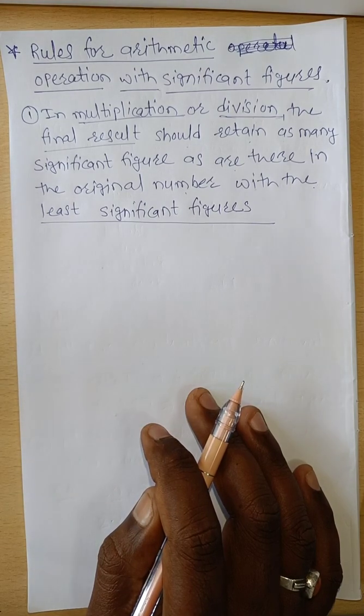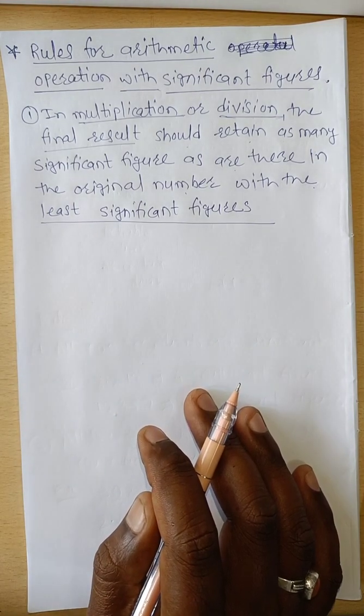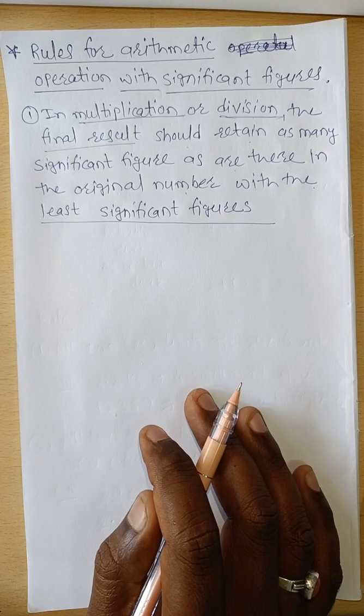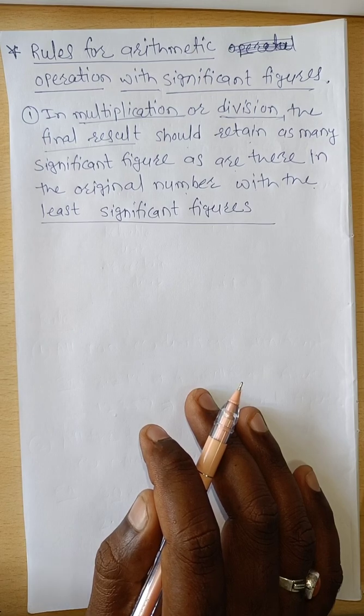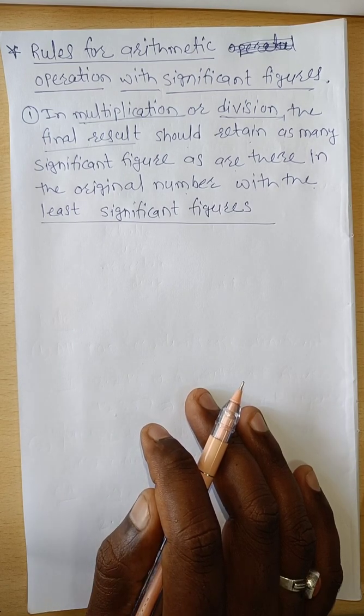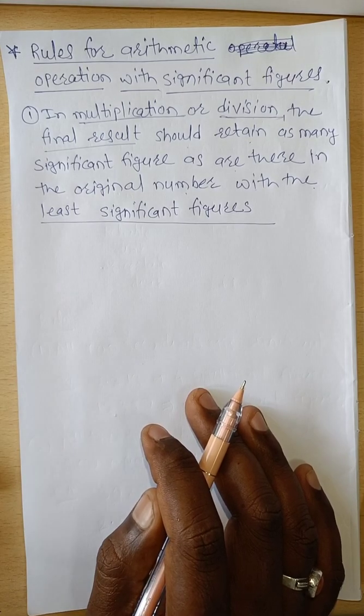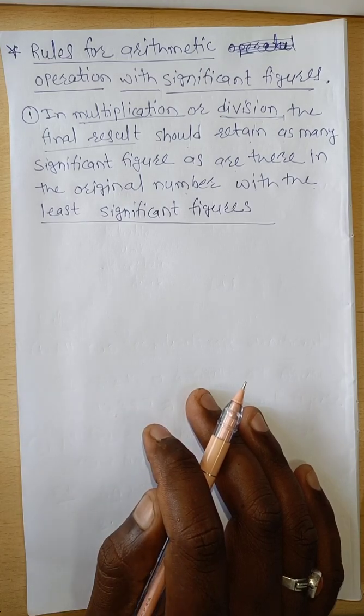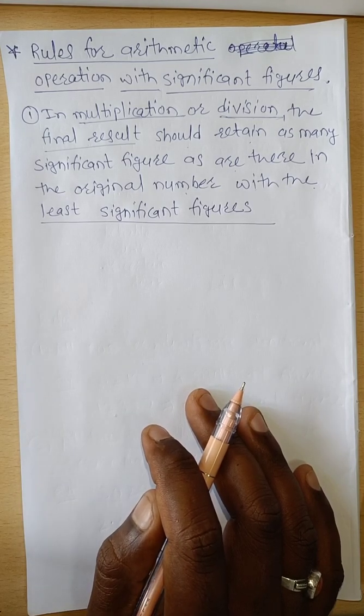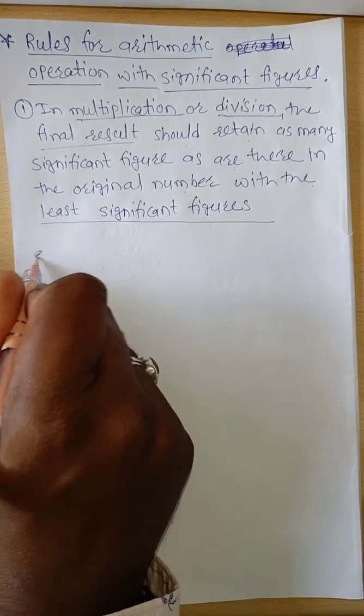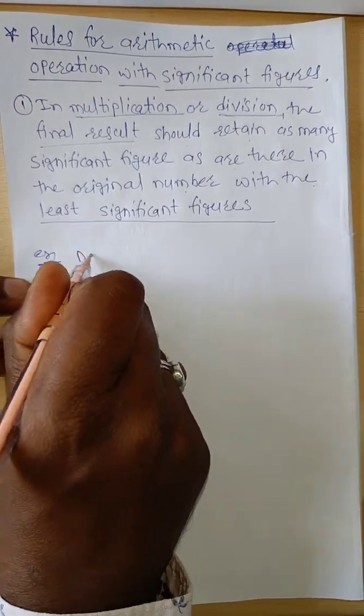Now suppose we have to take a multiplication of 3 numbers. The first number has 4 significant figures, the second number has 2 significant figures and the third number has 4 significant figures. Means in that case the second number has only 2 significant figures, therefore your answer should be in 2 significant figures. Means the answer should have the least number of significant figures. Now see an example. Now suppose density.